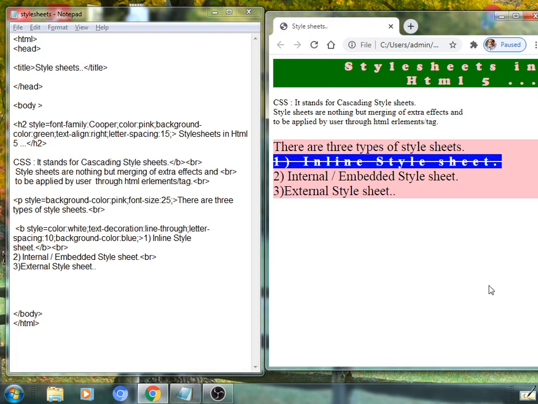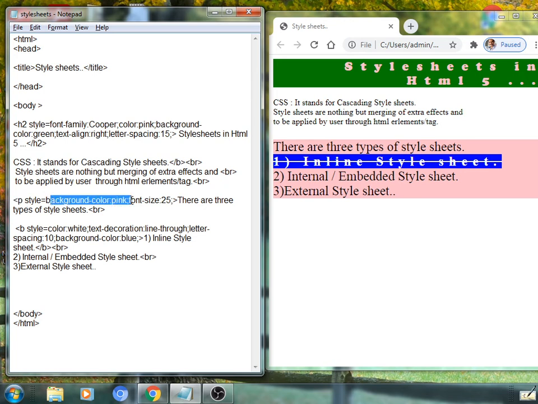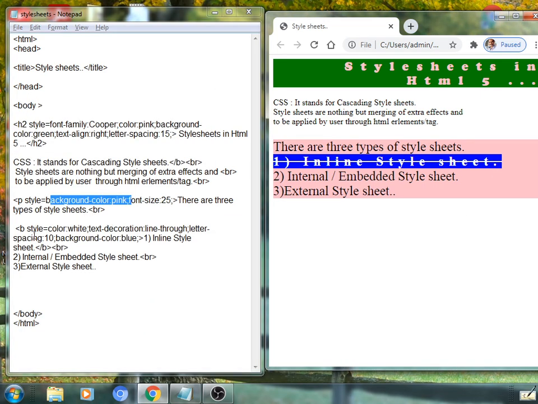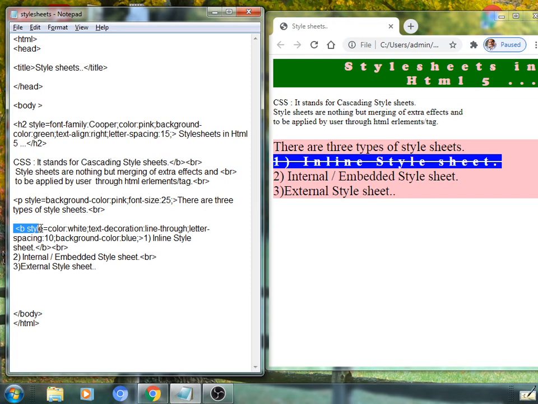See here, this line comes inside the p tag, that is the paragraph, which holds a pink background color, but the text again we have applied with tag B, whose style is defined with a blue background color, and it is applicable.